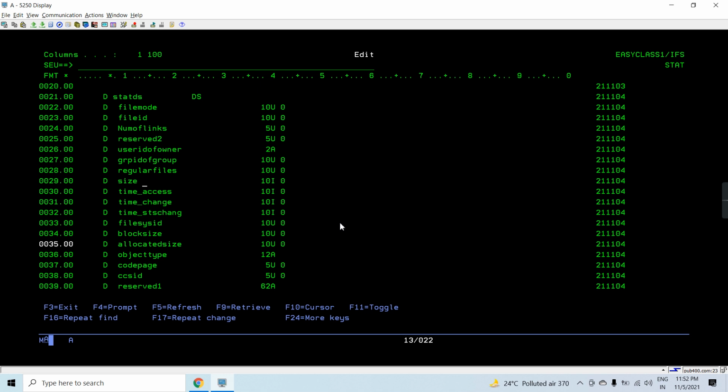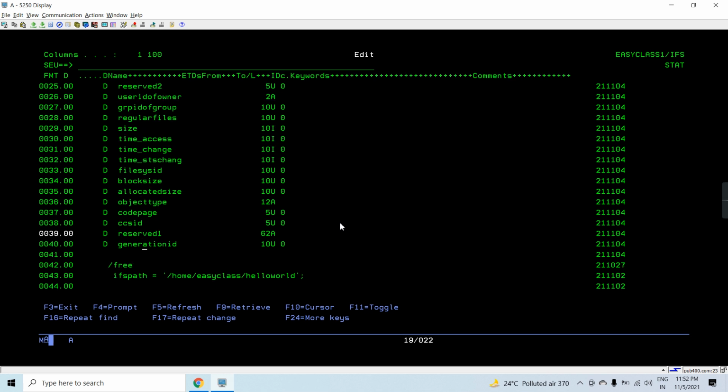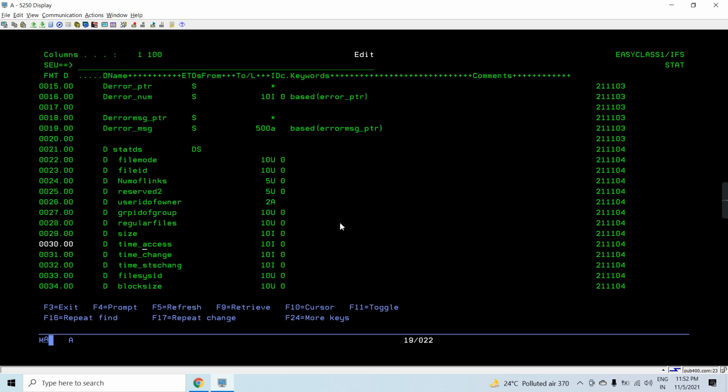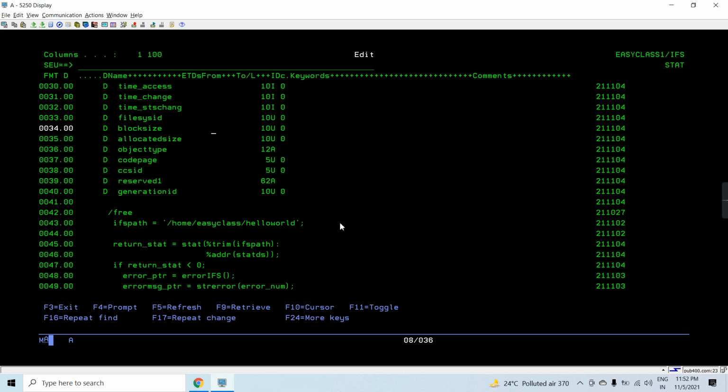Regular files, size of the file, time_access, time_change, time_status_change, file size id, block size, allocated size, object type, code page, CCSID, reserve one, generation id. So all this statistics information corresponding to that stream file on the IFS will get returned from this API